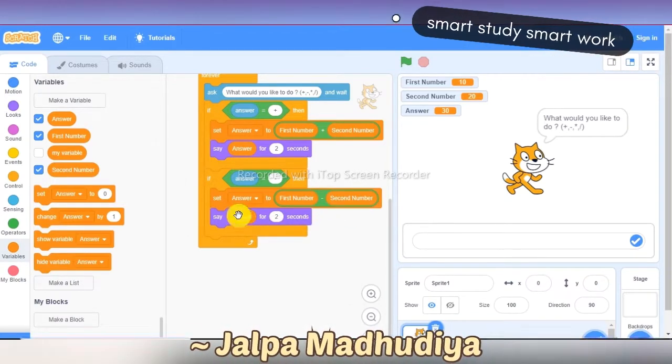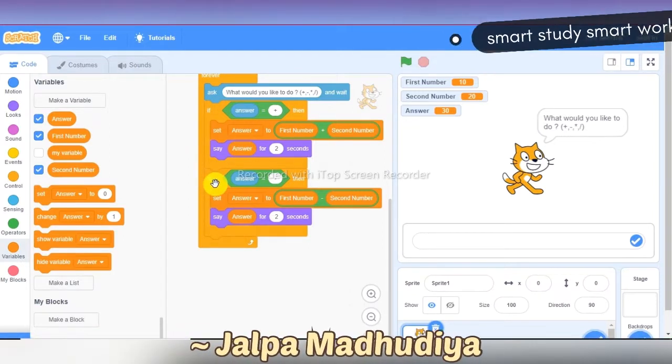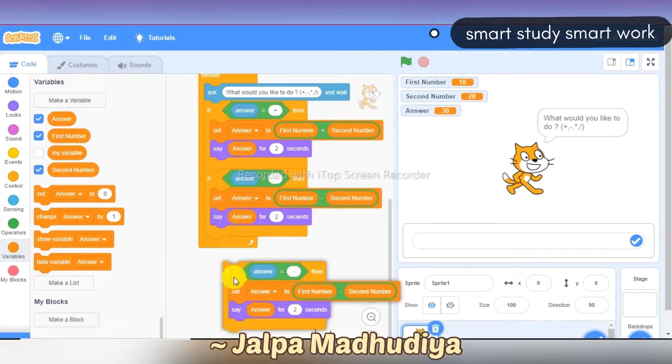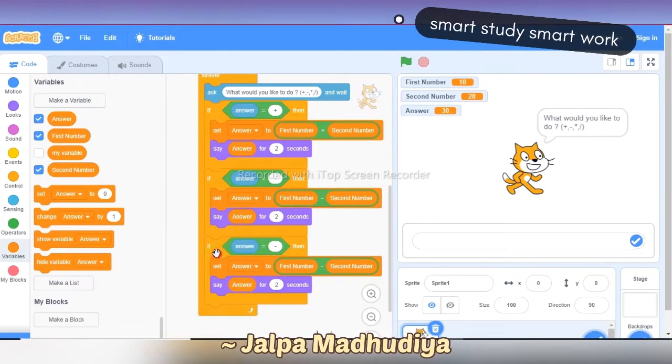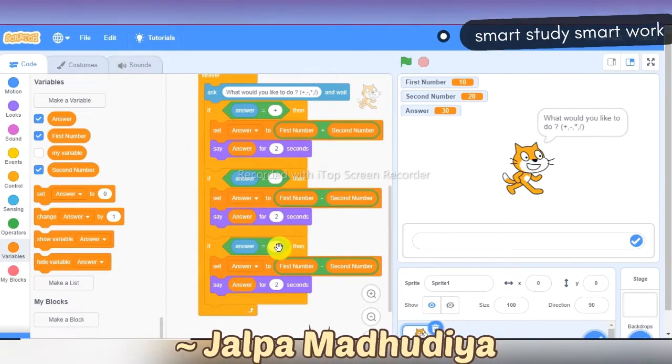Okay, again copy this if block, duplicate this block and put it beneath the if block and make changes.